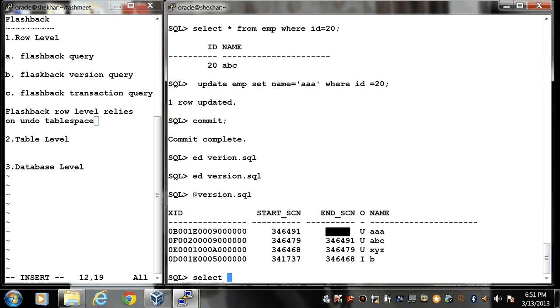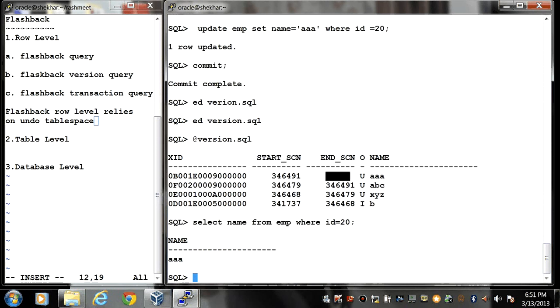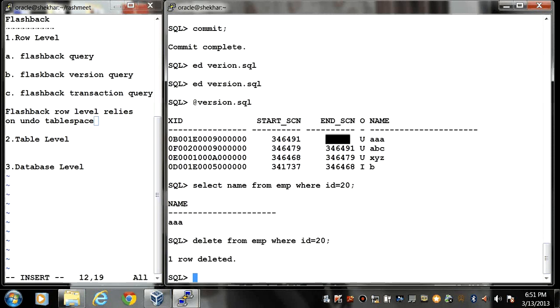If I see select name from EMP where ID is equal to 20, so this is my current value. Now if I delete this data, delete from EMP where ID is equal to 20, and I fire the commit command.